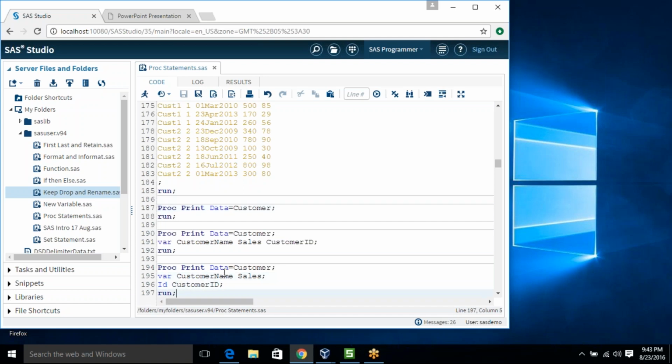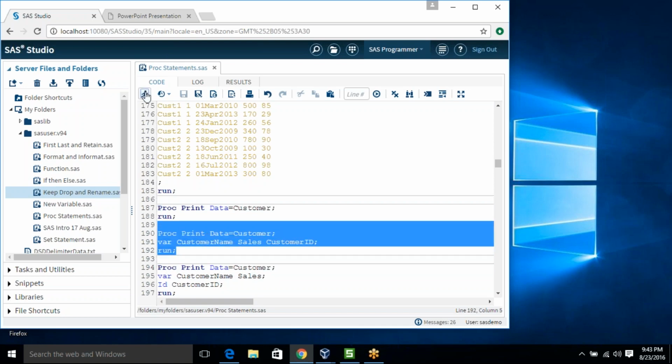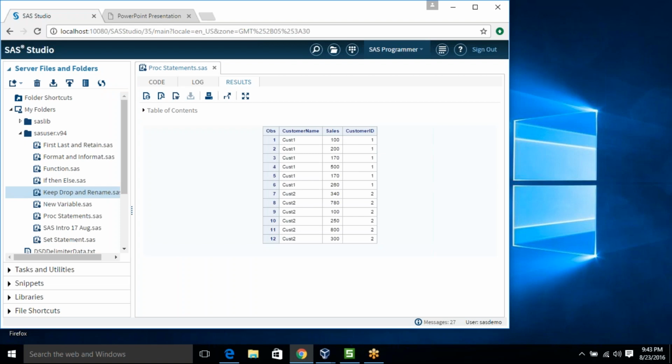Now let's move to the ID statement. So here you can see ID is coming last, and it's also showing the observation number. So when you use the ID statement, the customer ID will come on that side. It will be your leftmost column and there will be no observation number.